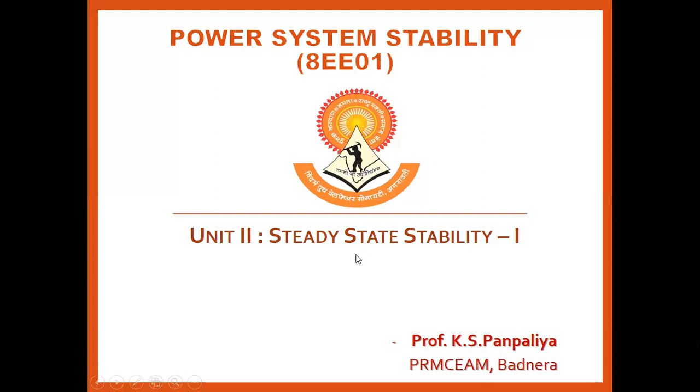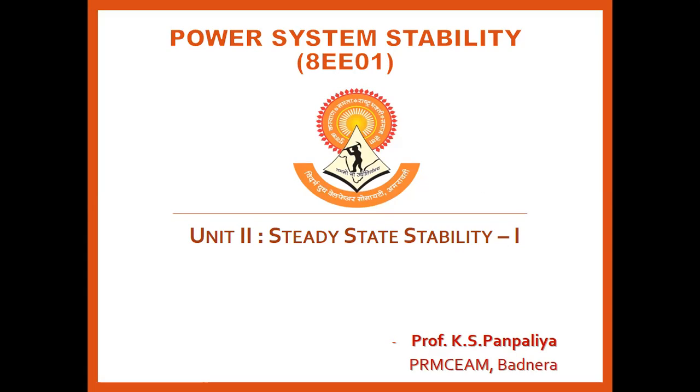In today's lecture, we will start the second unit in power system stability, that is the steady state stability part 1. In the previous unit of power system stability, we had discussed all about the basic concept of PSS with reference to the different types of stability, their stability limits in terms of their Park transformation equations, their time determinations, and many more, and their phasor diagrams.